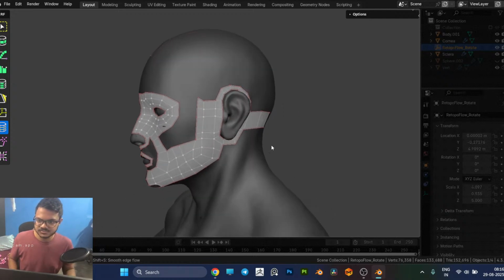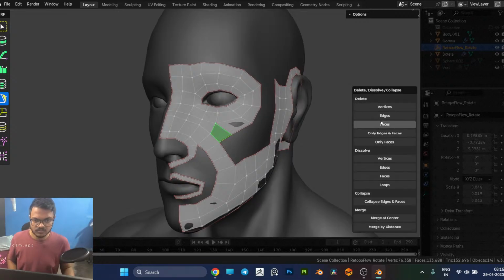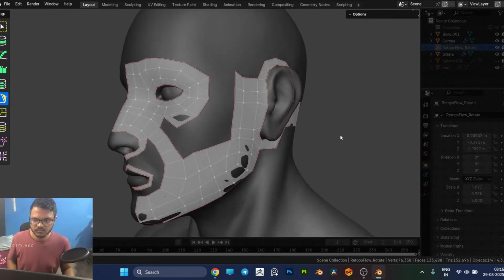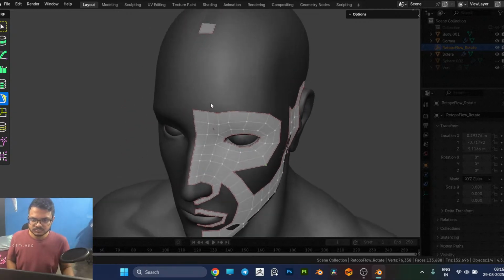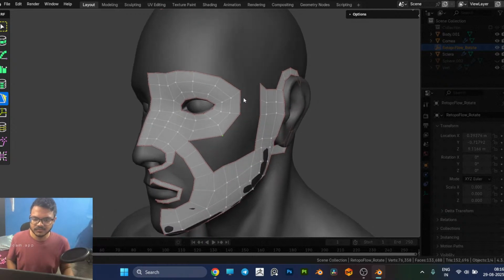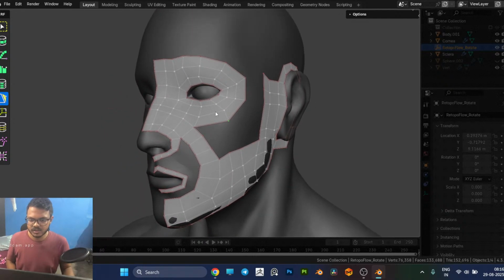Select this edge. Okay, now time for the whole loop. This one is gonna go there. Just like that, we have this loop over here. And then